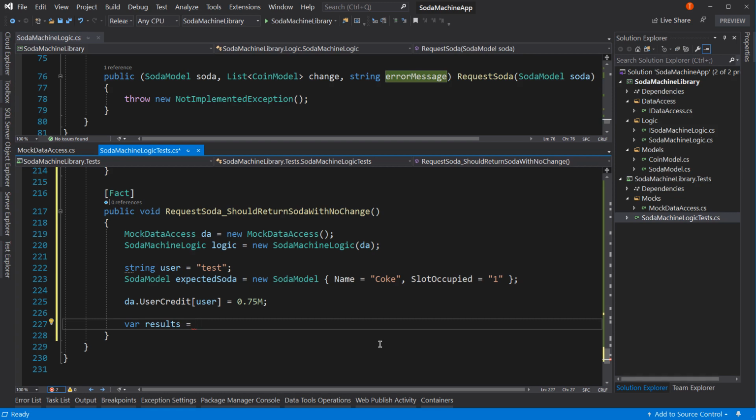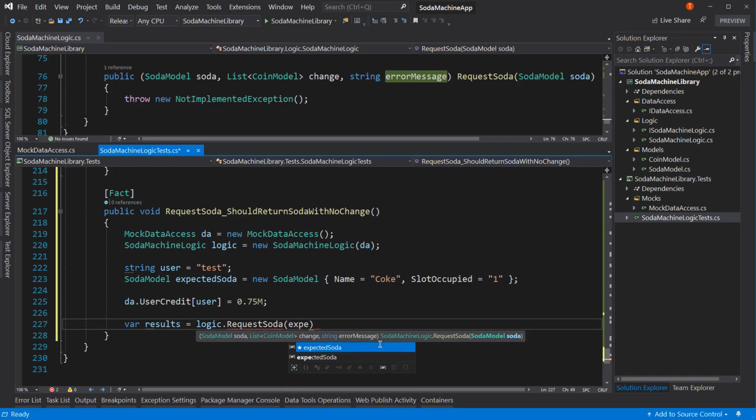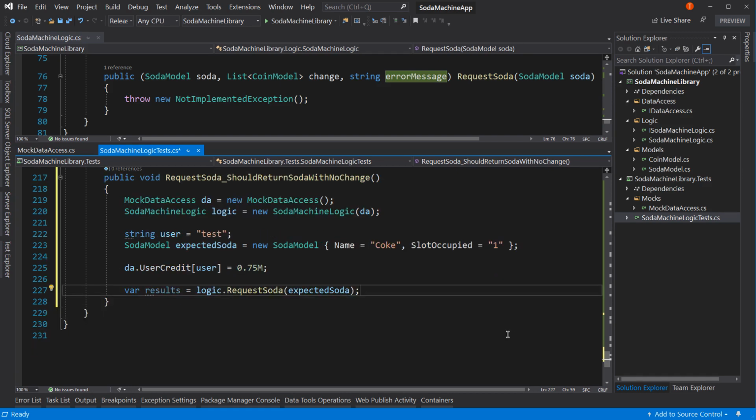And then I'm going to say equals logic.request soda, and I pass in my expected soda that I'm supposed to get. Okay, that's going to give me back results, which is now a tuple that has soda, change, and error message. So I've got the values back now from my soda. The other thing I should do though is I should capture a couple more pieces